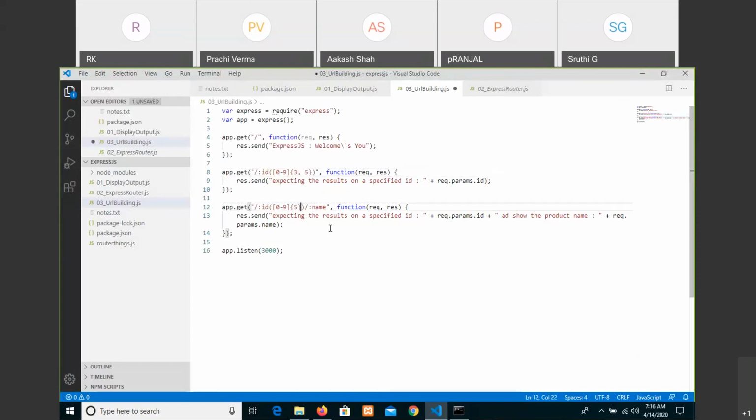So you can go with this, like minimum three to maximum five. Then it will accept minimum three digits to maximum five digits. Of course, if you want to write criteria for the name, additionally, here it can be lowercase alphabets, minimum five characters to maybe nine characters we are expecting. Okay, up to this point only.